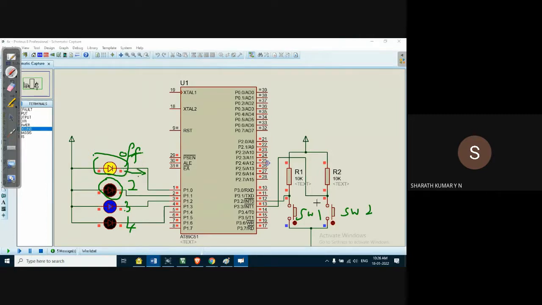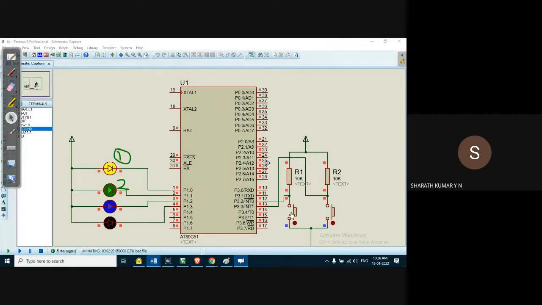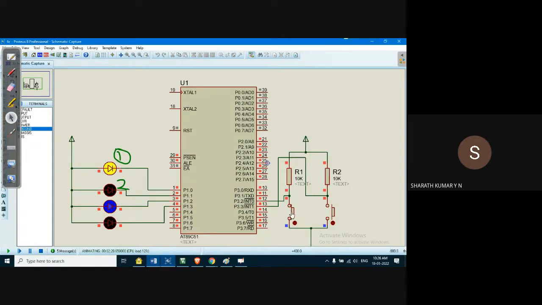Because by default, when the switches are not pressed, both LED one and LED two should toggle at a given rate. But the problem I am facing here is that only LED two is toggling, at around 2 to 2.5 seconds. LED one is not toggling. It has stopped. LED 3 and 4 are not an issue. LED 3 changes state with switch 1 pressed. Similarly, LED 4 changes state with switch 2 pressed. Very simple.